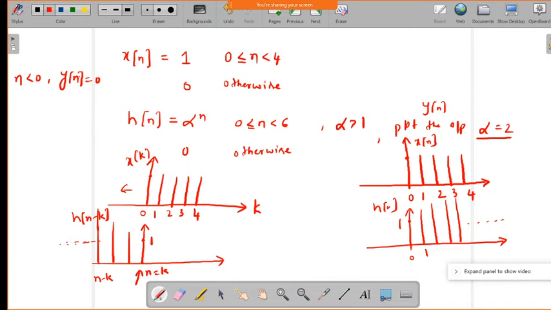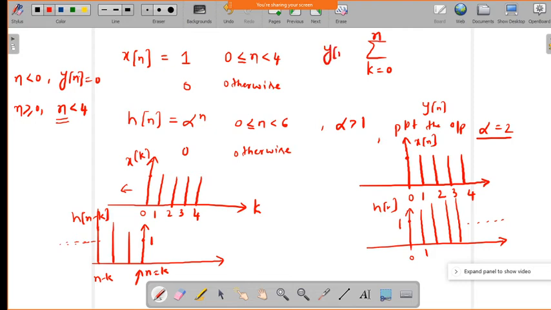So now another index is when n is greater than or equal to 0 and n is less than 4. So n is less than 4 means you should not put the value index 4. It is less than, so you should take the index value n. I don't know where exactly that n is. So the second summation will be k equal to 0, and since it is less than 4, I don't know what the value of n is, you have to put the value of n.